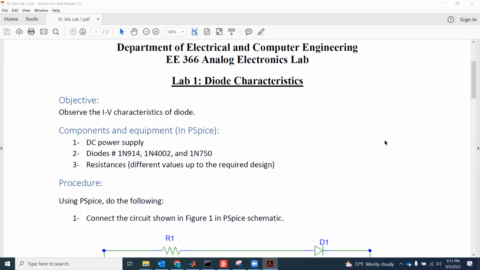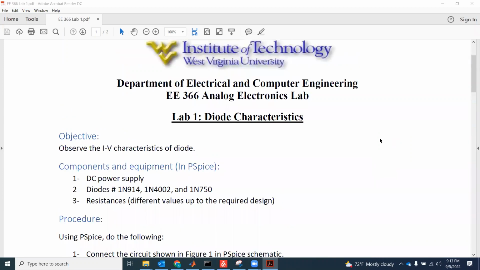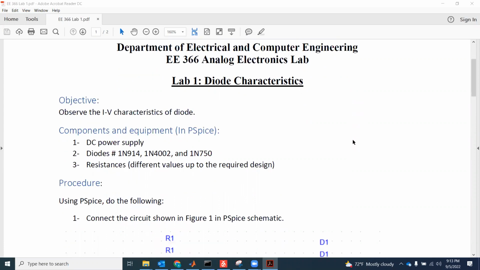Hello everyone. In this video, I'm going to discuss the handout for the first experiment. The first experiment is regarding diode characteristics. In our class, we discussed together the diode characteristics for a power diode. Today, we are going to apply this for many diodes, and we will end up with the characteristics of all